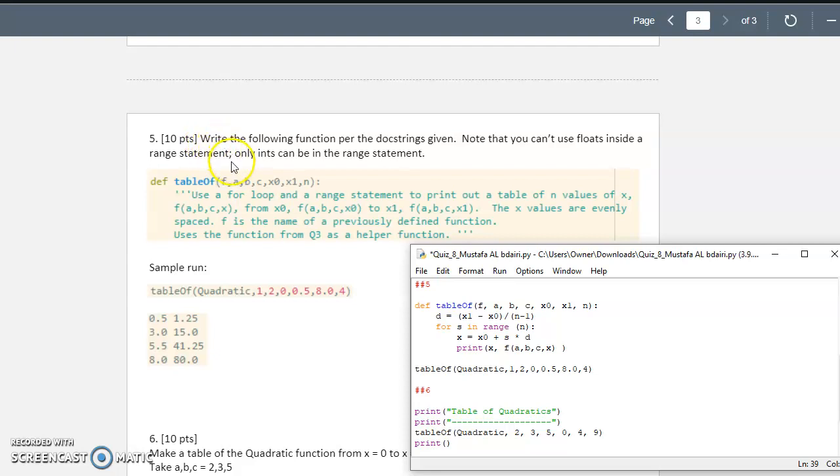In the question, we are asked to write the following function in Python, noting that you can't use floats inside range. Make sure you don't use a float; only an int can be in a range statement. And then here is the question. We have to define the table and use for loops and range statements to print out a table of values